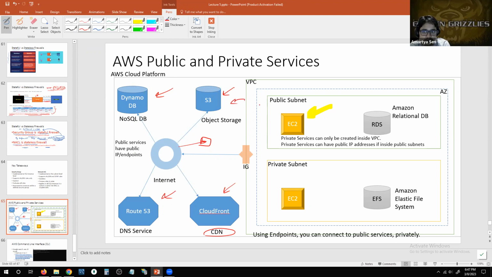So that means it has to deal with the network ACL layer here, and it has to deal with the security group layers here. Okay, and remember, you can put security groups and wrap other services, which is not an EC2 instance, around as well, right? You do have the capability to do that. So this is one instantiation, which basically shows that there are certain services on the AWS cloud platform which are publicly